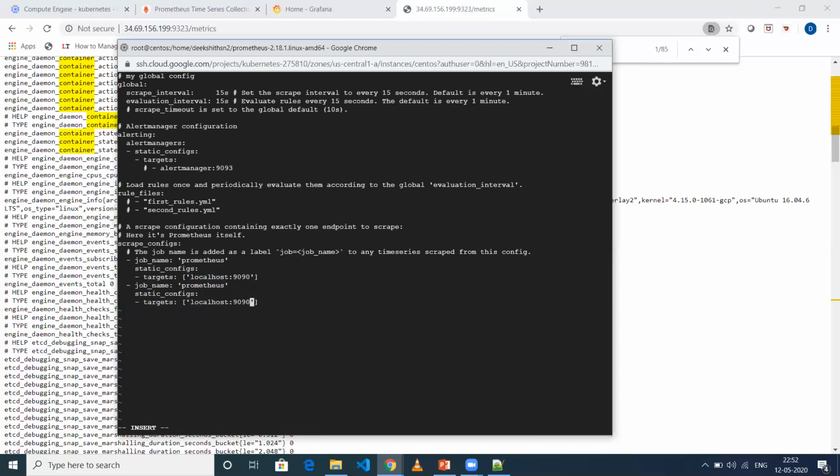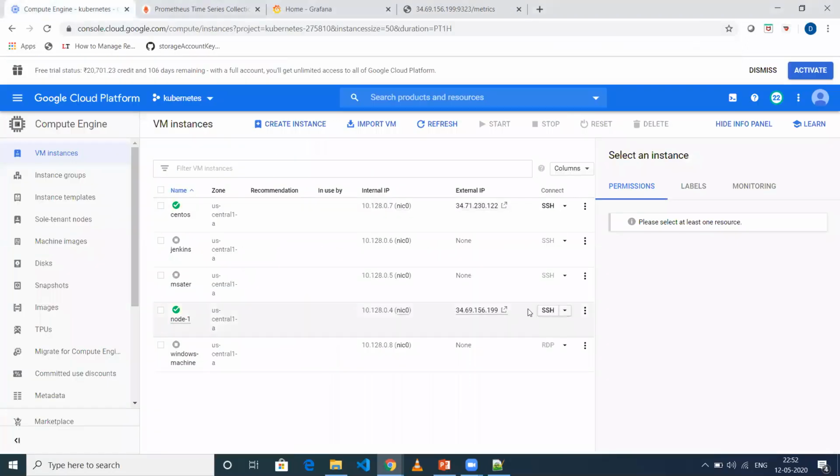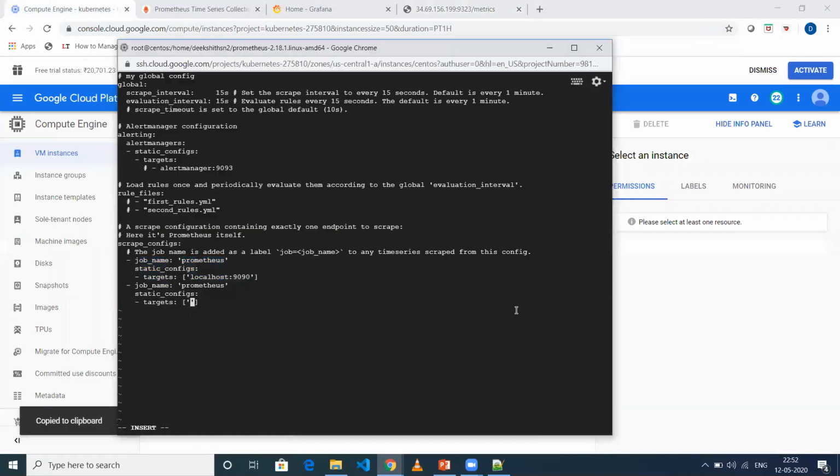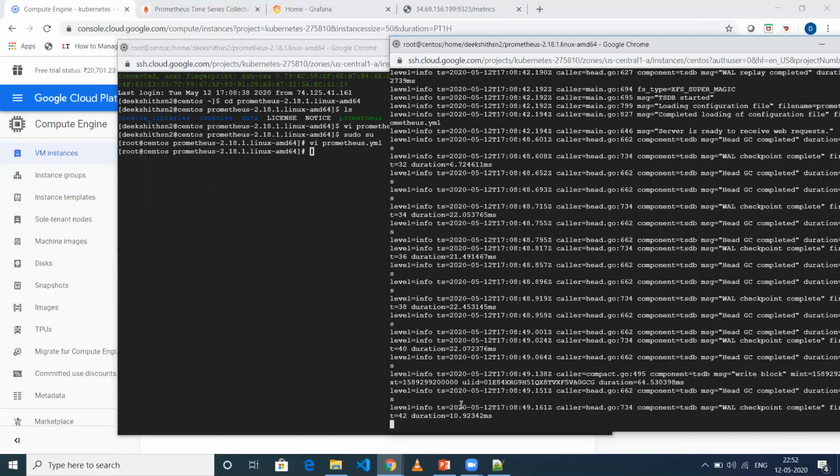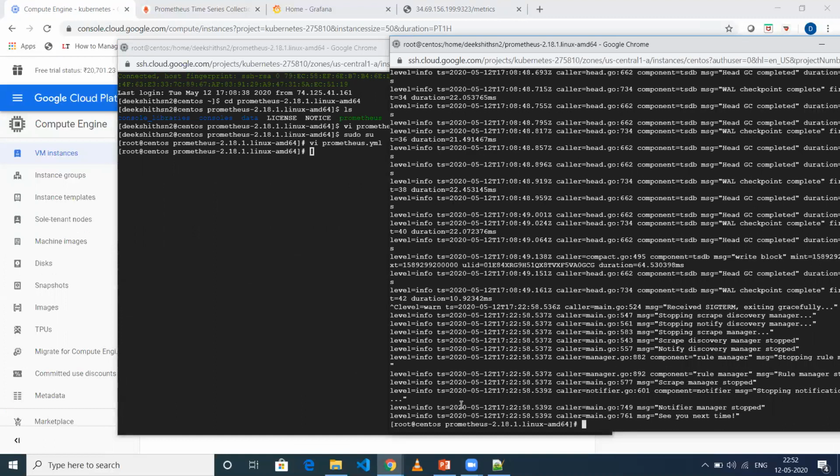And then give the IP address of that particular machine, give the port, and then the name of the job is Docker metrics. Okay. So once I save this, one process is already up and running related to Prometheus.